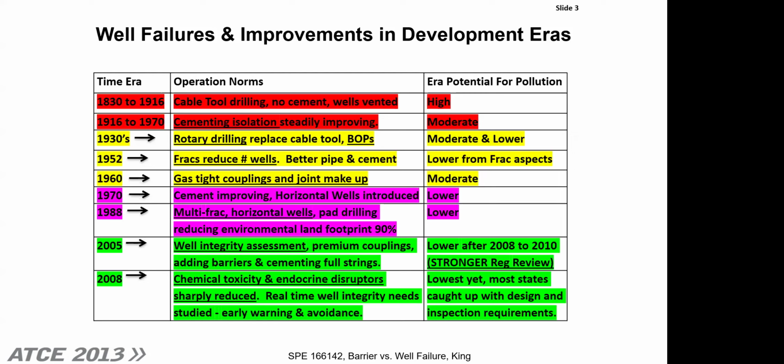We don't have a record of where it was. And basically, you find these things by accident. In 1916, they started using cement. A little bit later, in the 20s and 30s, came rotary drilling, where they weren't just venting as they were drilling, pressure control, etc. In 52, you started seeing a lot of fractures, which reduced the number of wells that we had to drill. And then we started getting into some things that actually made things better in the well